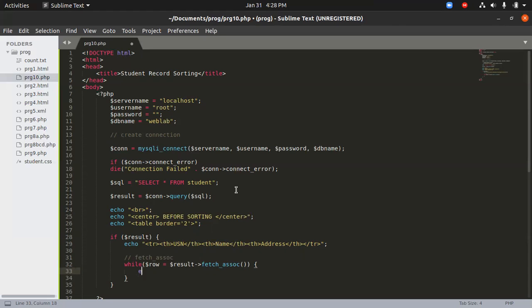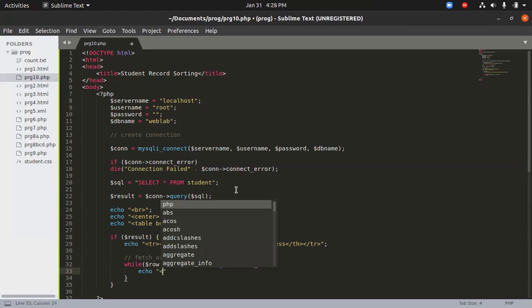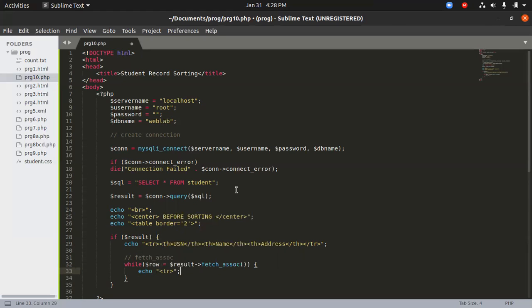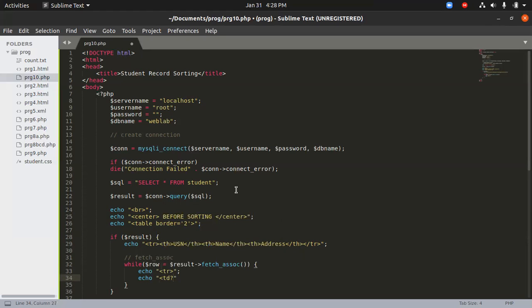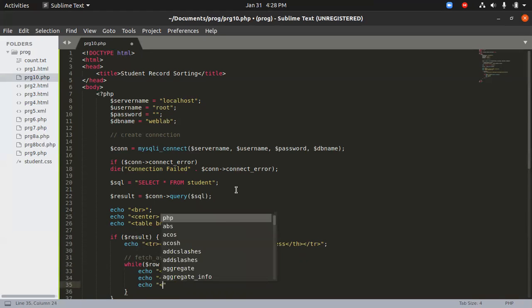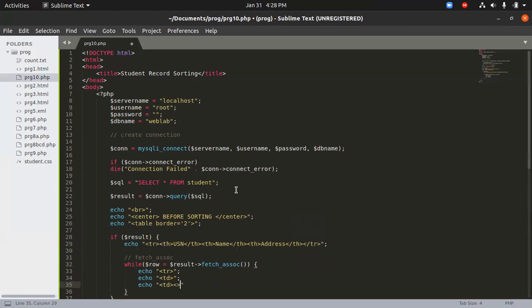So I'll create the tr, table row, and now we'll start printing the values that we get from the associative array. Echo table data. Inside this table data will be the value that is going to be $row.